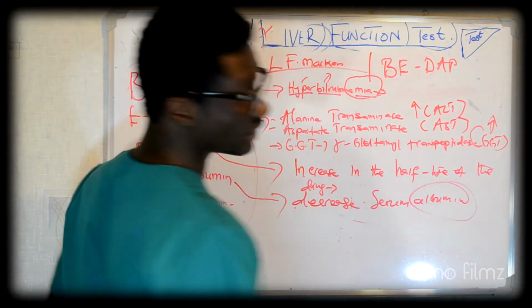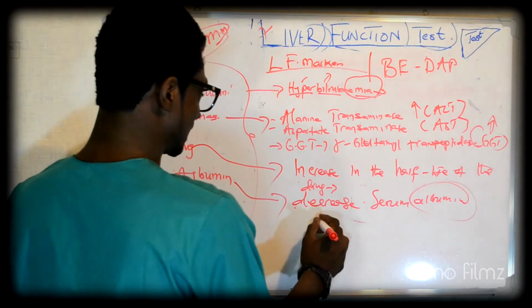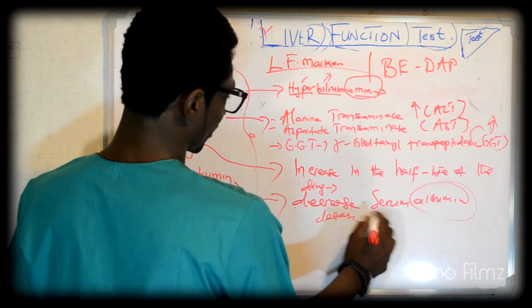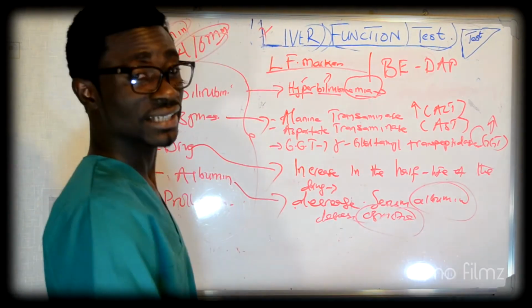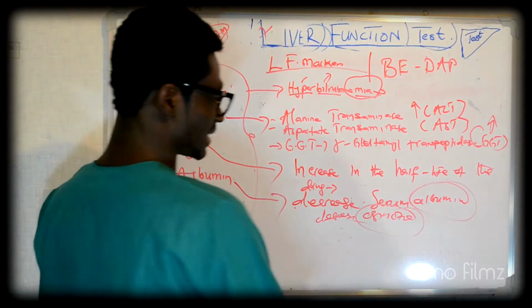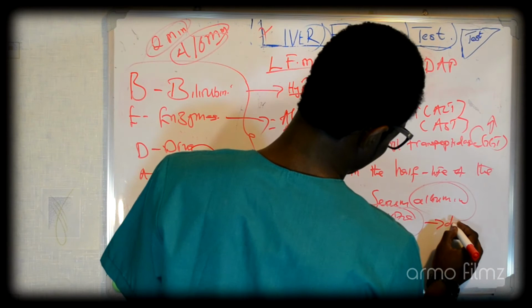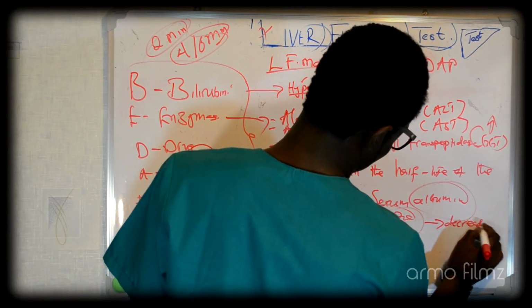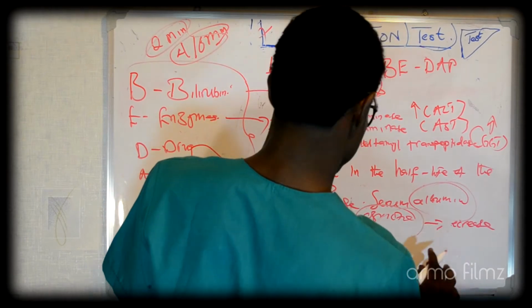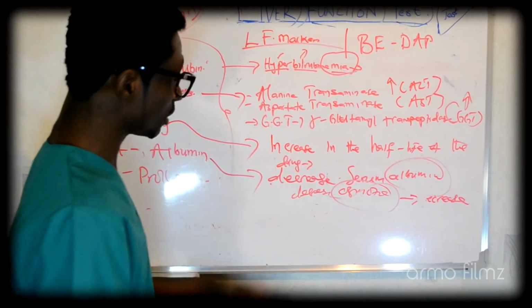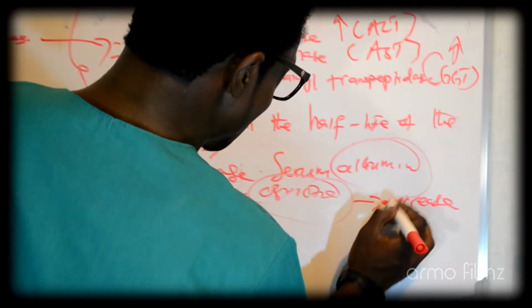And when there is decrease in serum albumin, there will be a decrease in osmotic pressure, you know. And when there is decrease in osmotic pressure, what do you see? There will be decrease. Oh my God, no, sorry, there will be increase. Yeah, of course. If there is decrease in osmotic pressure, of course there will be decrease in